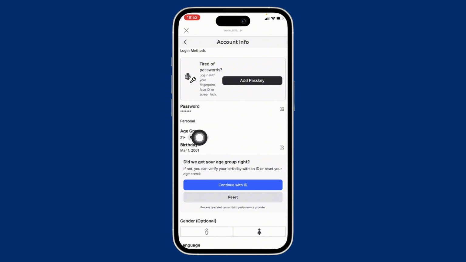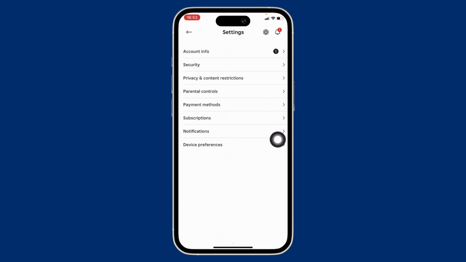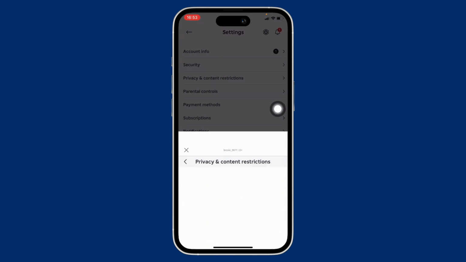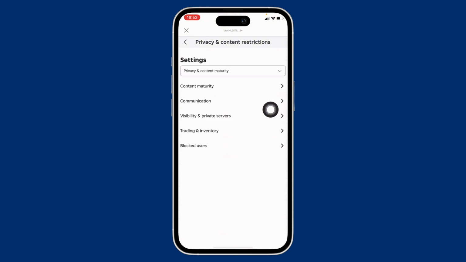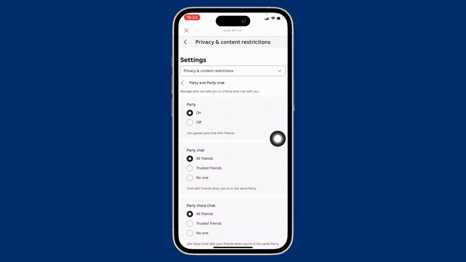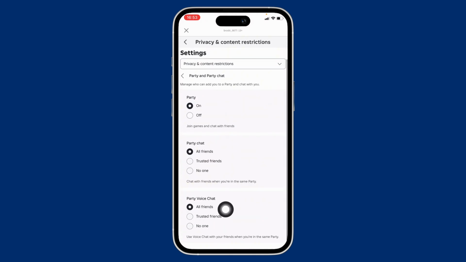So once you have verified your age group, go back to settings and then tap on privacy and content restrictions option. Further, tap on the communication option you see there and then tap on the party and party chat option. Here, go ahead and select the all friends option you see there for party voice chat,